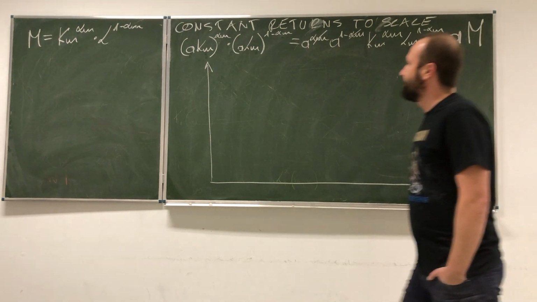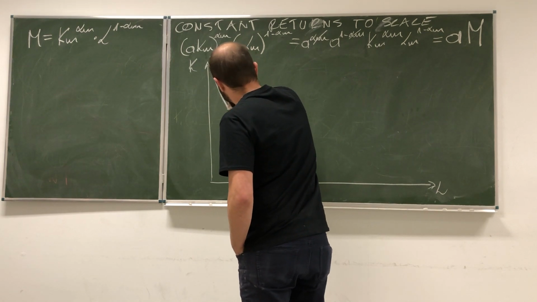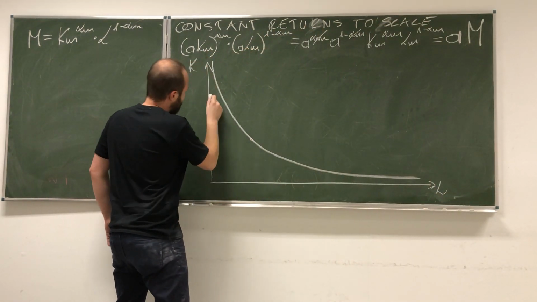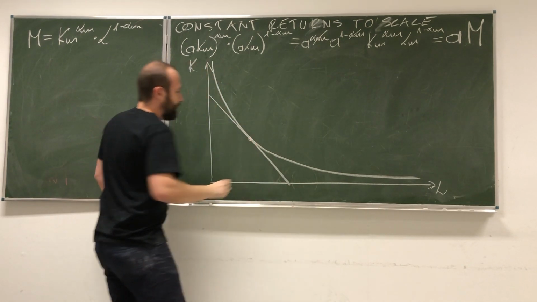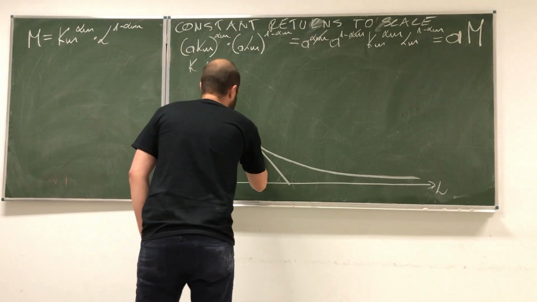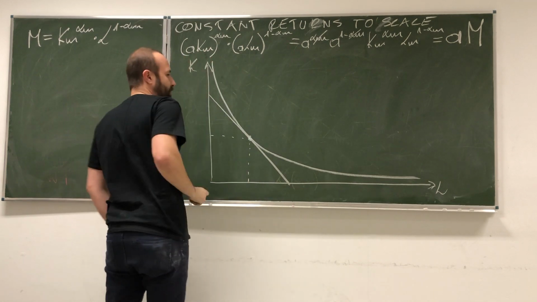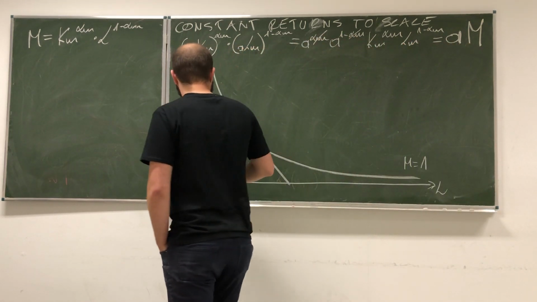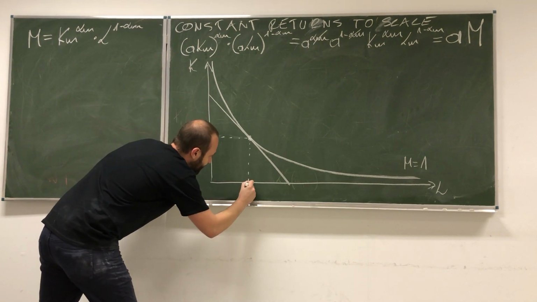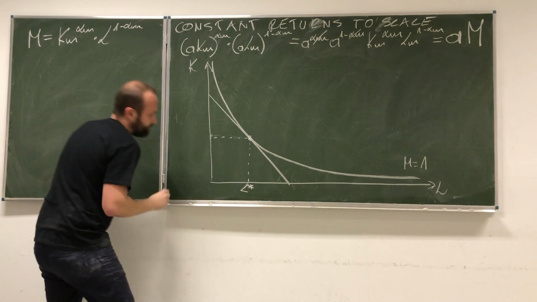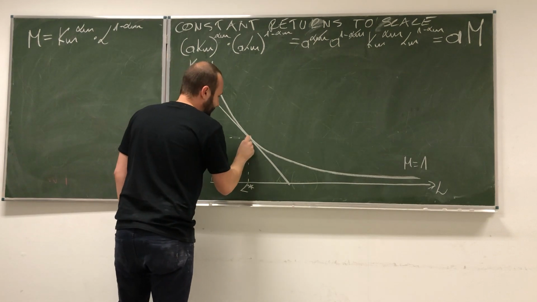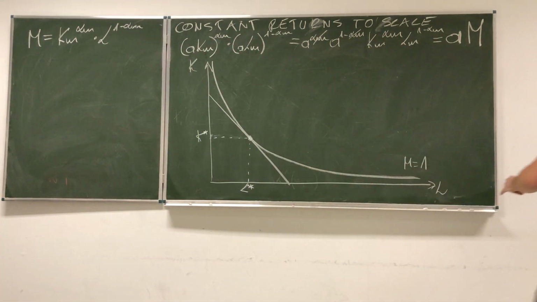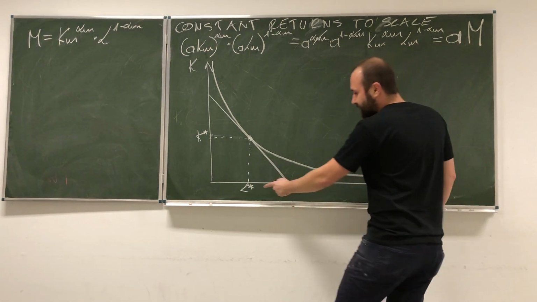Okay, so we've got labor here, we have capital here. This is our isoquant, and this is our level. This is how we produce 1 unit of merchandise. So I have here L, I have some K, and I got some point A. So in order to produce 1 unit of manufacturers, I should use this much labor and this much